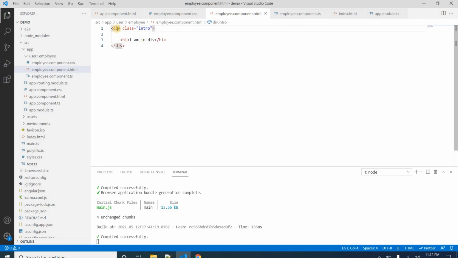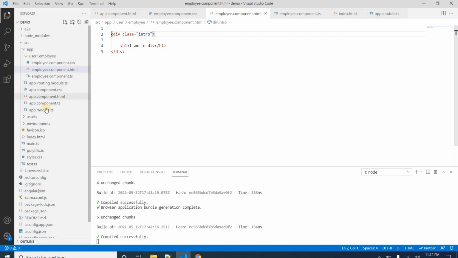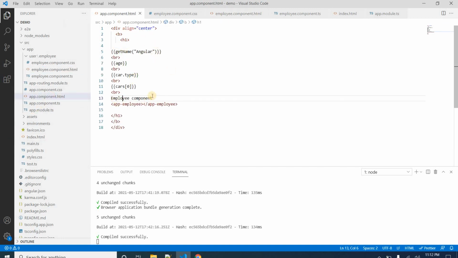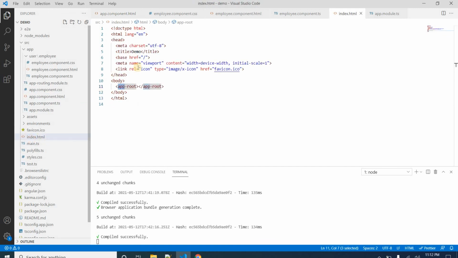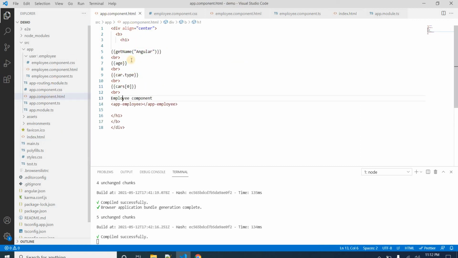But one thing we must keep in mind is that an Angular application is a single page application. You can't start this particular HTML file with the HTML tag like this, it will create a problem. The reason is that we are using this particular component in another component's HTML file, and that component's HTML file is used in the index file, which is the main or parent file, and inside it HTML is already used. Whatever we use in the main component will come here. So now in my main component HTML file, I used my custom component, and I can see the changes here.